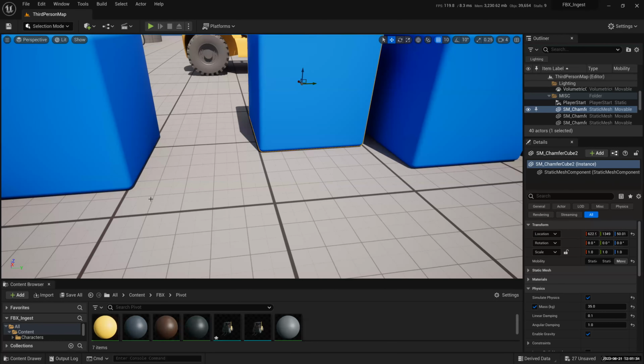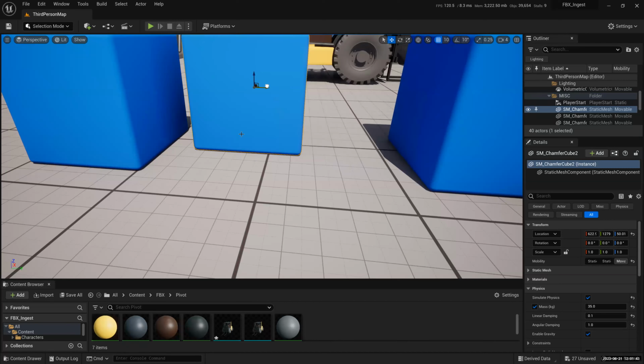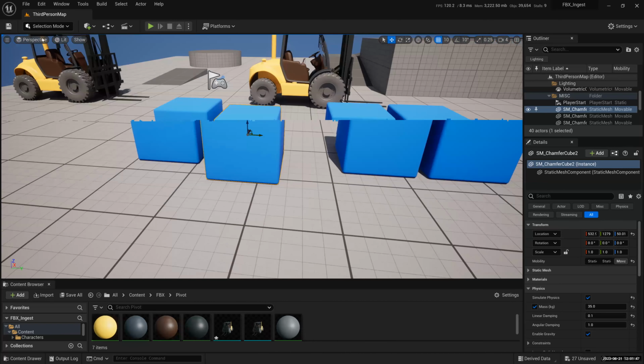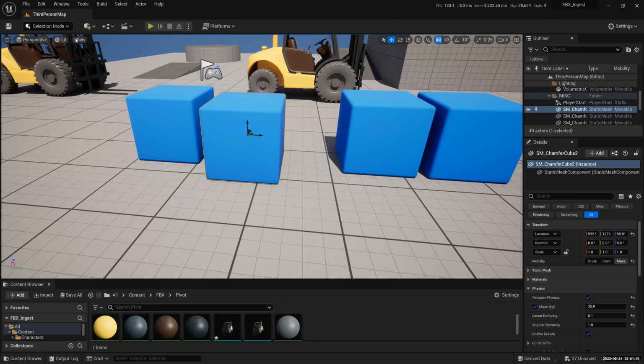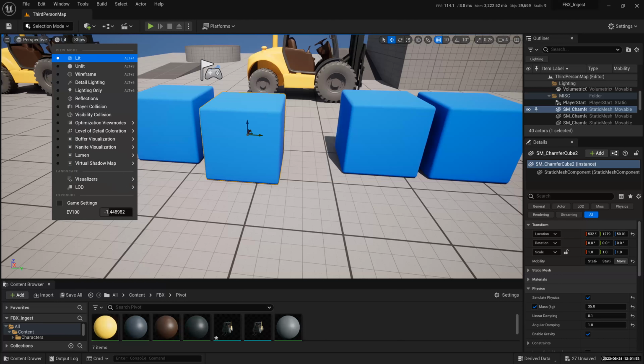Oh, sure. You mean the snap option? You mean the pivot point? Let's try with this one. It takes some practice, guys. Yeah, please practice it. So let me go to wireframe view. Perspective, no, show lit wireframe view. So you can see that the pivot is right in the middle of the whole thing. So I want to bring it down here.